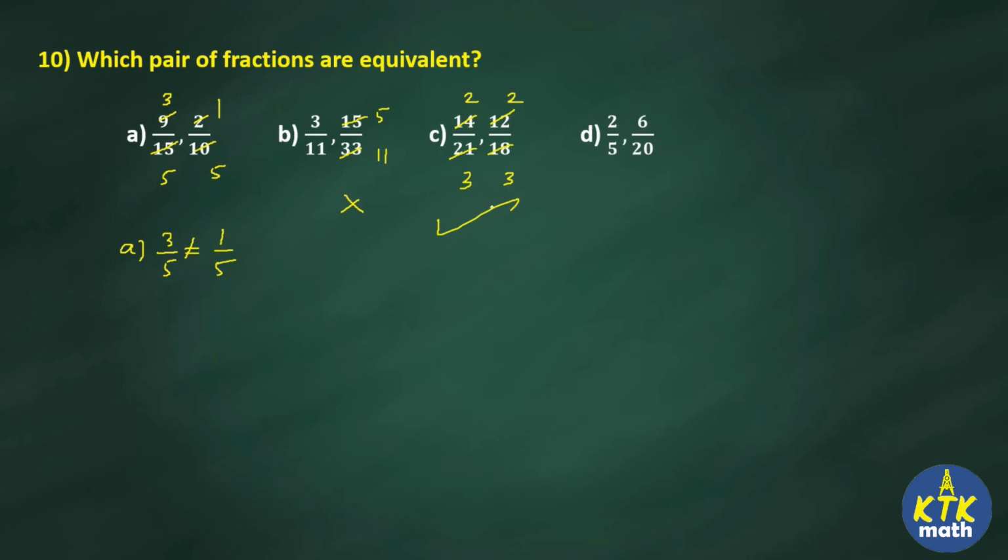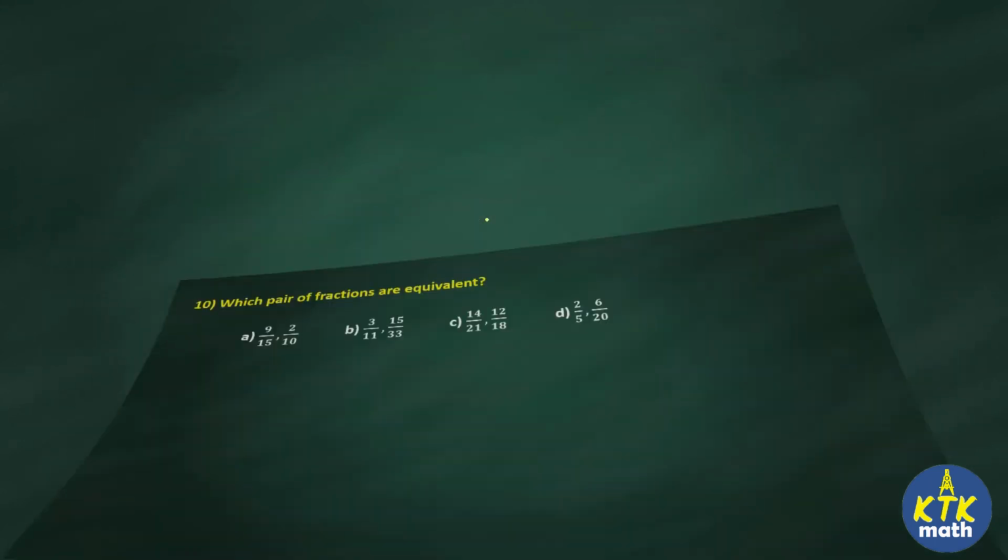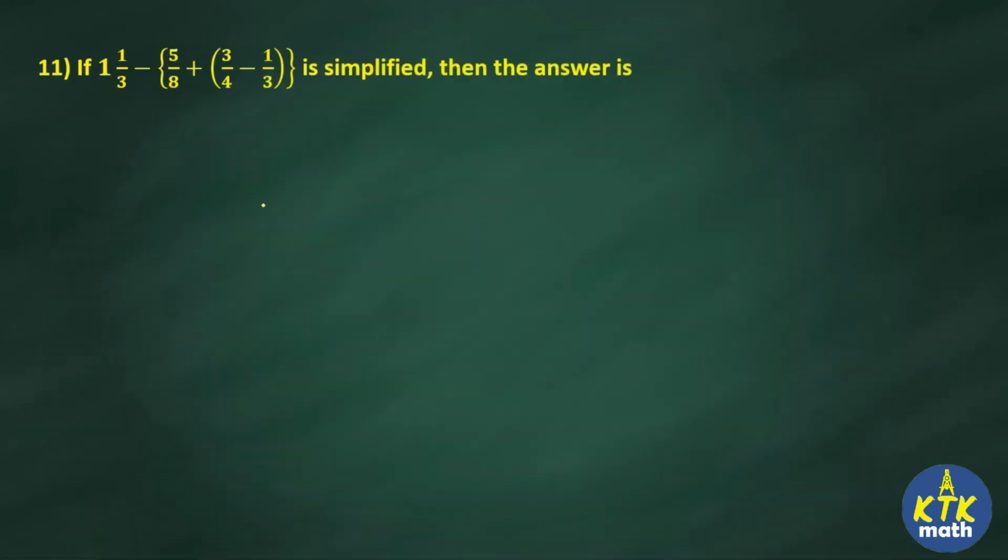Okay. We move on to question number 11. If the entire term is simplified, then the answer. This question looks a little bit lengthy. So I am going to solve first part by part. Okay. First inside the bracket I am going to solve. That is this one. 3 by 4